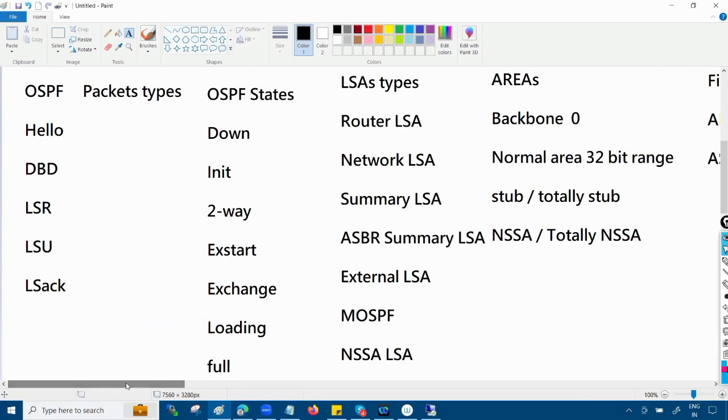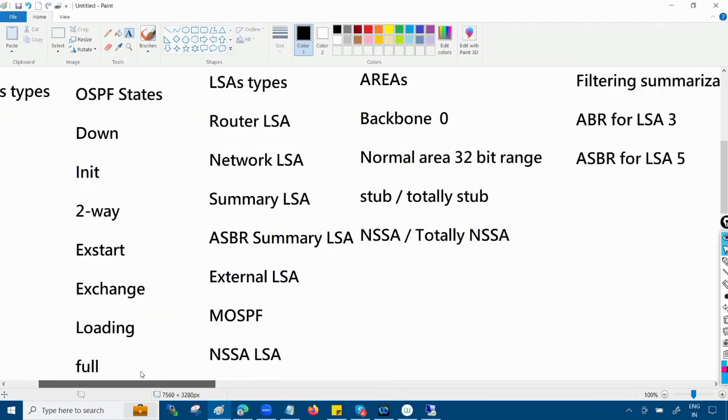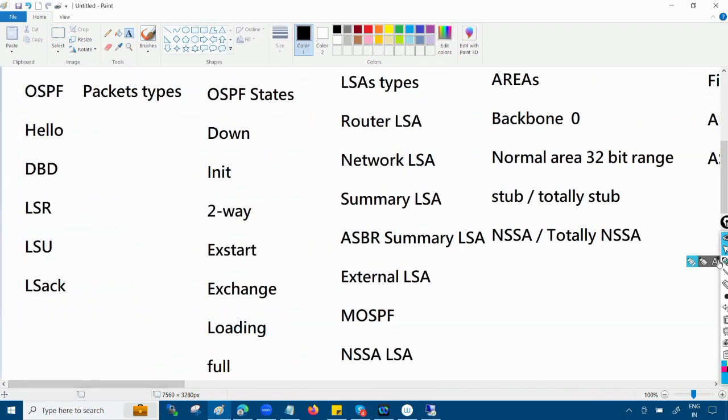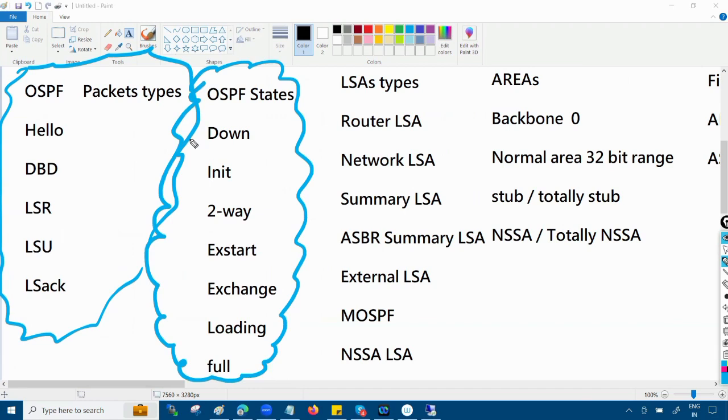Now, let's take an example, the problem of the OSPF protocol. First of all, what is the OSPF problem? See, these packets are not a problem. If I talk about the packets, these are the basic things that are going to carry the information about the OSPF protocol. Again, these are not a big problem because these are the steps that OSPF needs to follow to exchange the LSAs. The problem over here,